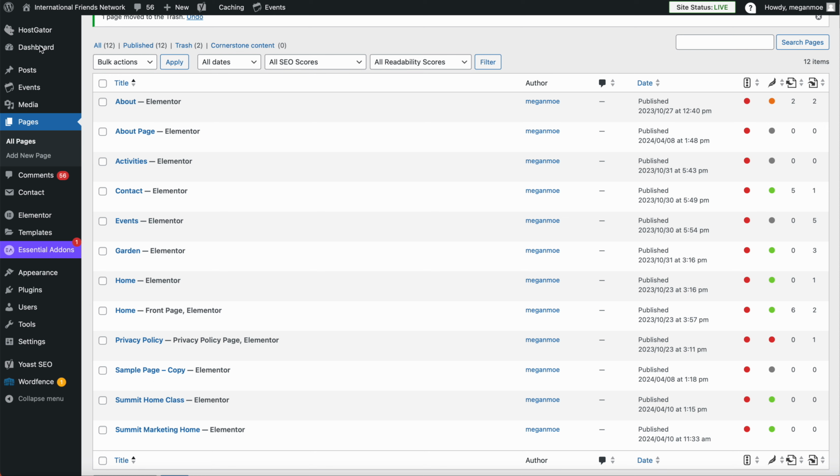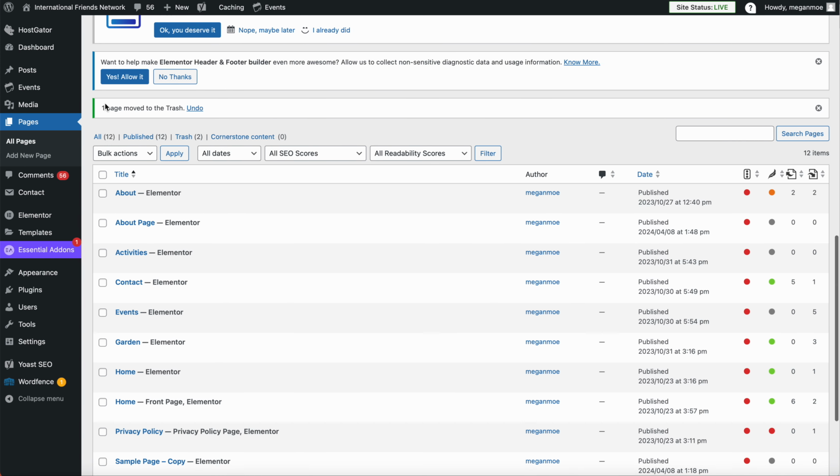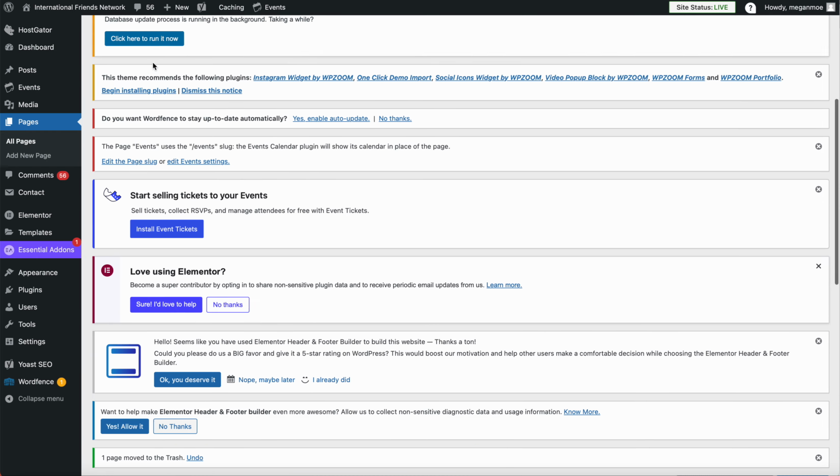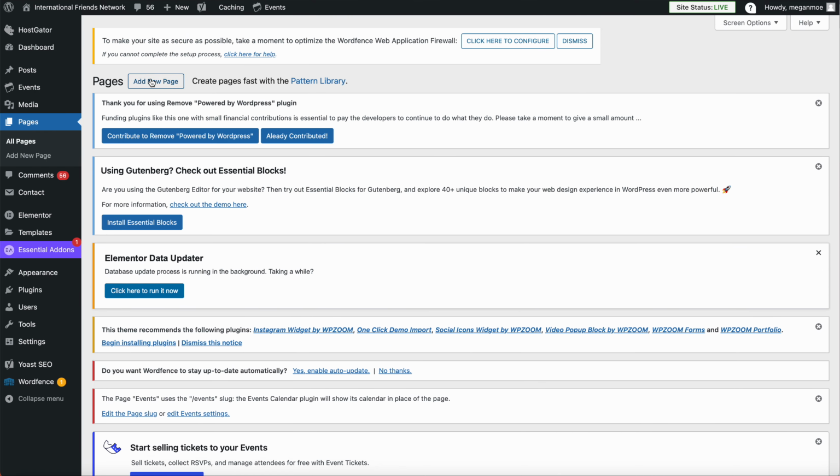Alright, first thing we're going to do, we're going to come to our dashboard, and under pages, there's two ways we could do it. One, we could click on add new page over here, or I could click on pages, get to this page, and I could click add new page up here. So let's do that. I've just clicked on add new page,